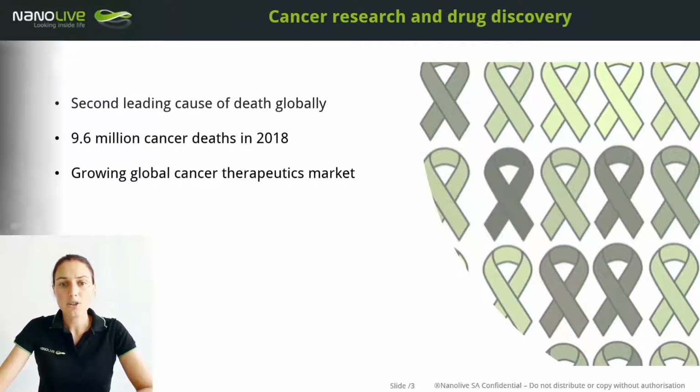So we all know that cancer is a huge problem in our society. Over 100 different cancers are known to affect humans, and it's the second leading cause of death in the world. The World Health Organization estimated that 9.6 million deaths were caused by cancer in 2018 alone. Treatment traditionally has been focused on chemotherapy to treat cancer patients, but the non-specificity of this approach often has detrimental side effects. As such, there's great interest in identifying or creating small molecules that selectively target cancerous cells, and this